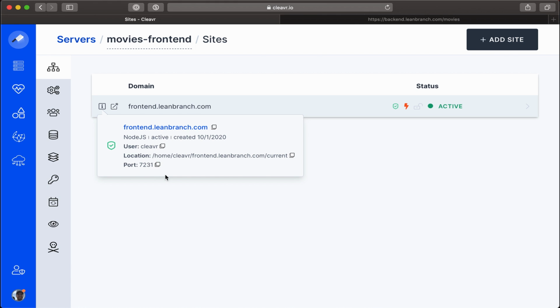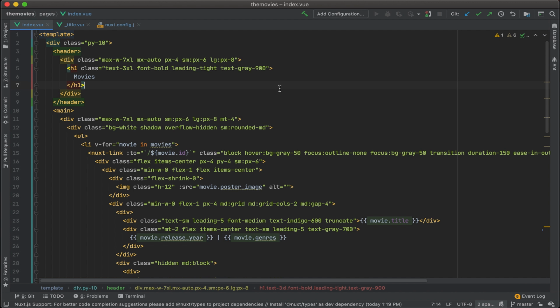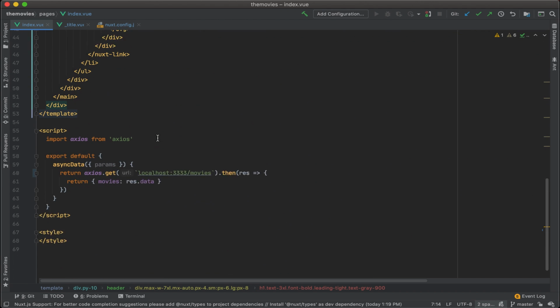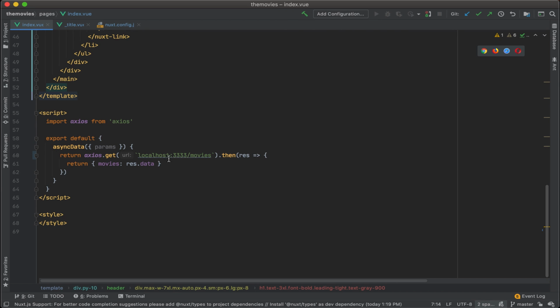We'll need that. Okay, let's bring up our code, and the couple changes that we want to make are to the index.view file, the title.view file, and the nuxt.config file. Starting with the index.view file, let's scroll all the way down to the bottom, where before we had our localhost /movies, we're going to swap this out with the actual URL for our API. So let's get rid of that and then type in